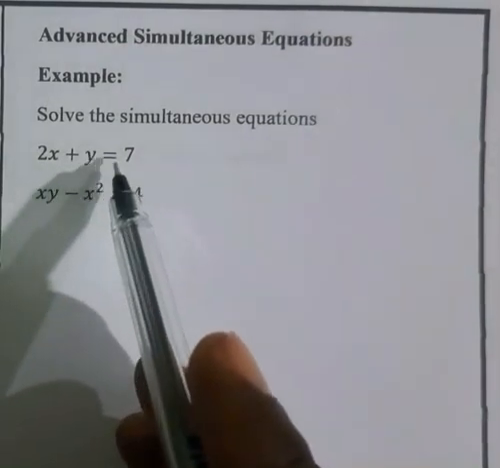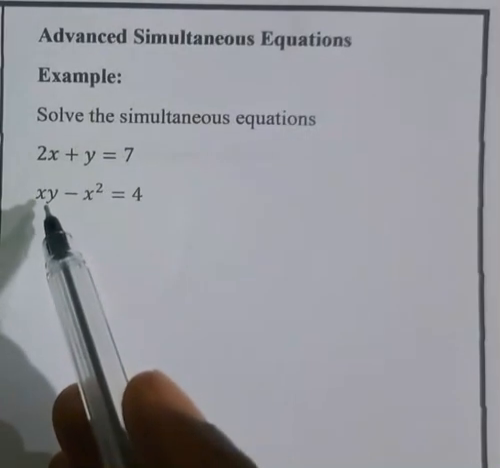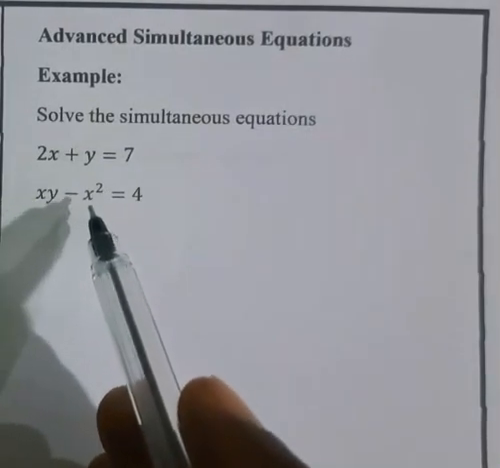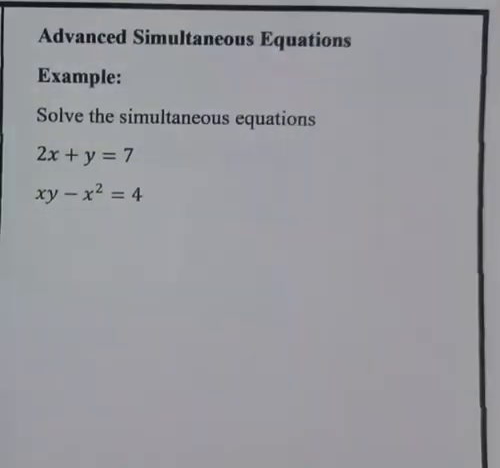2x plus y equal to 7. Fine, we are familiar with this one. Now this one says xy minus x squared equals 4. Have we ever come across this? Well, let us try and solve. So we're going to